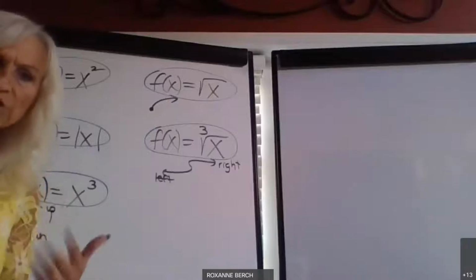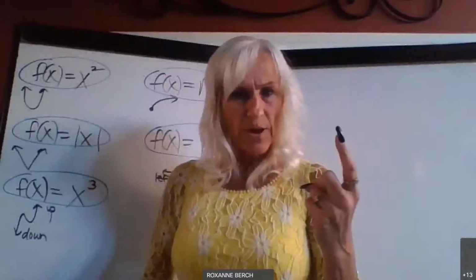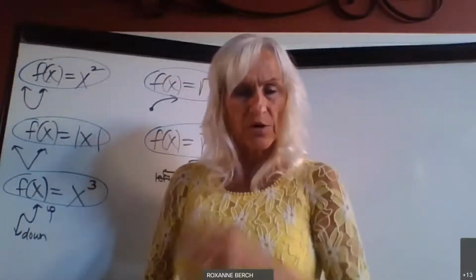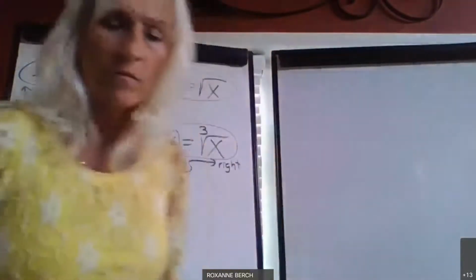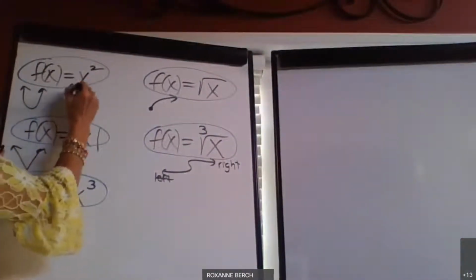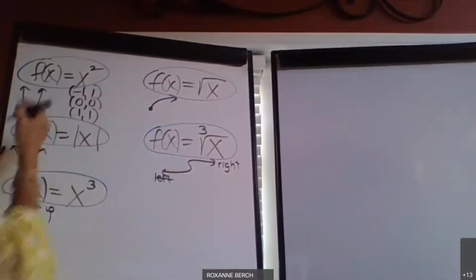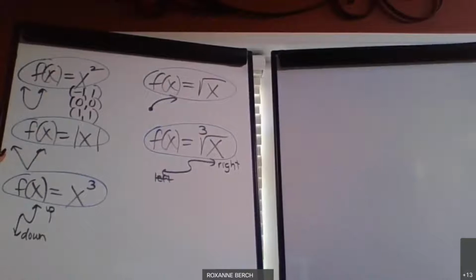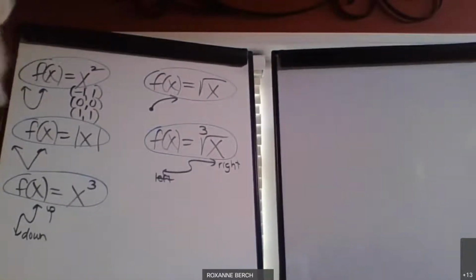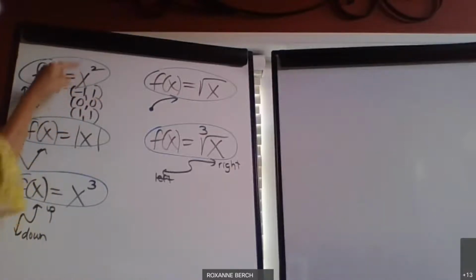Now, when you do all these problems, don't you need to know the parent points? Because when I taught this, didn't I say, state the transformation, show the transformational points and graph? So if you recall, the parent points were left one, down one, 0, 0, right one, up one for the quadratic, right? And I told you, if you forget these, just put in a -1, quantity squared is 1. A 0 squared is 0. A 1 squared is 1.